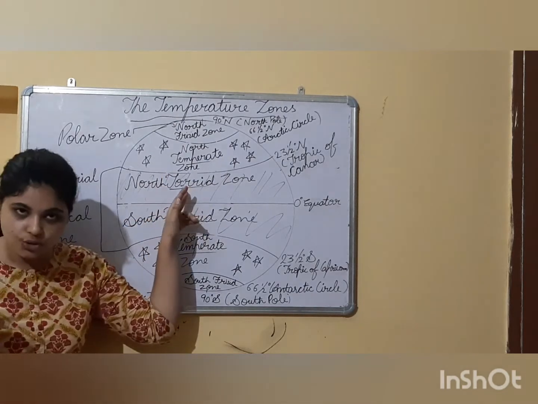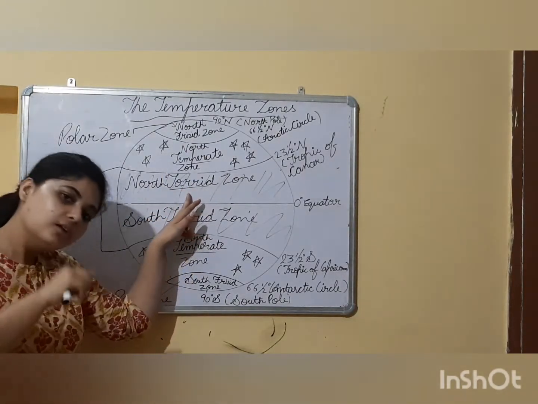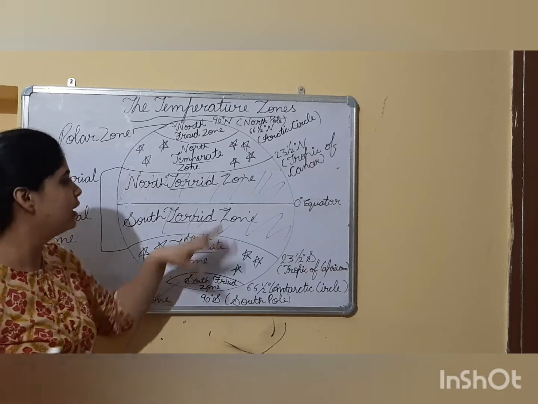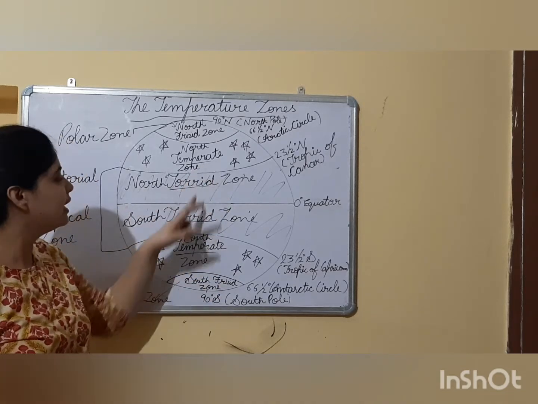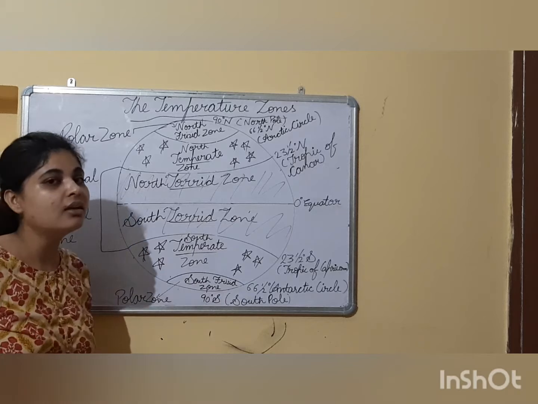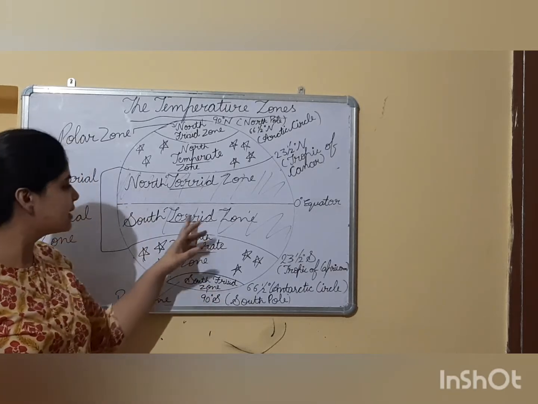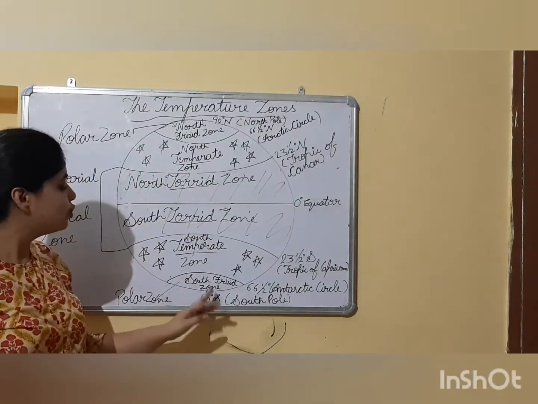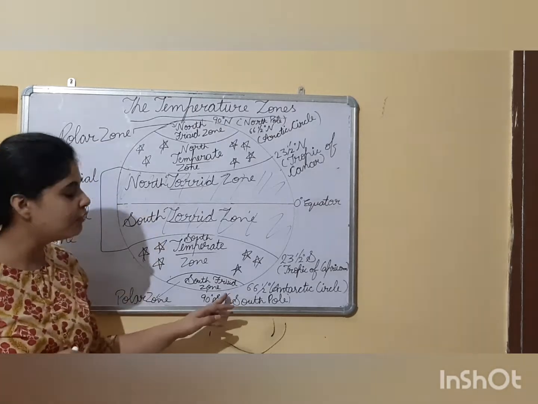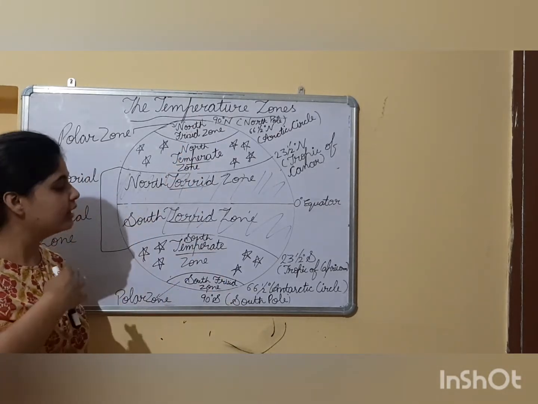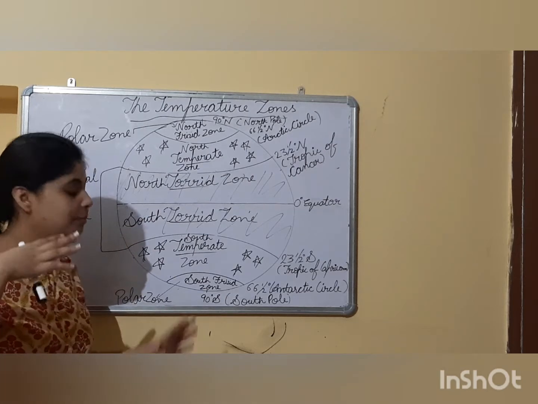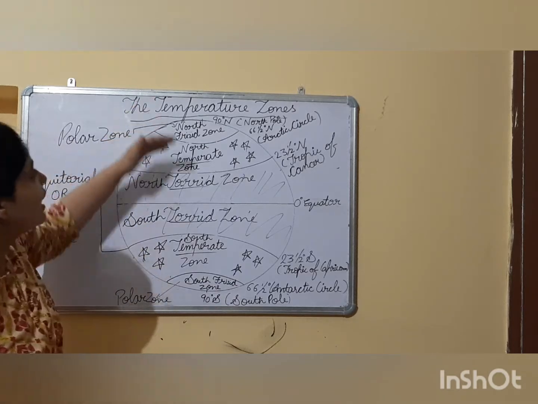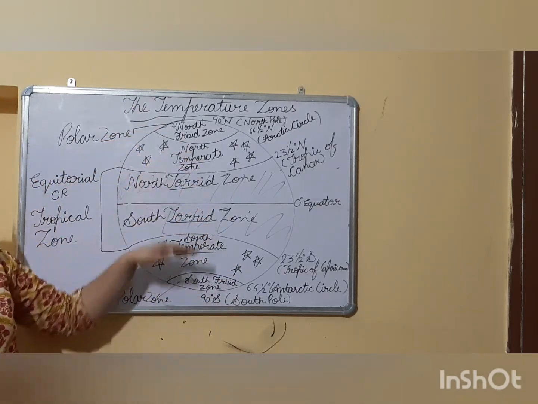So torrid means heat zone, very hot zone of the earth. Okay, and which type of climate prevails in this particular zone? Hot, dry and humid. So temperate means moderate, means the places here are having cool climate, are cooler as compared to the torrid zone. So frigid means cold zone of the earth, and the climate that will prevail in this particular area will be cooler. You will see that the places are covered with snow and ice. So these are three different zones of the earth: torrid, temperate and the frigid zone.